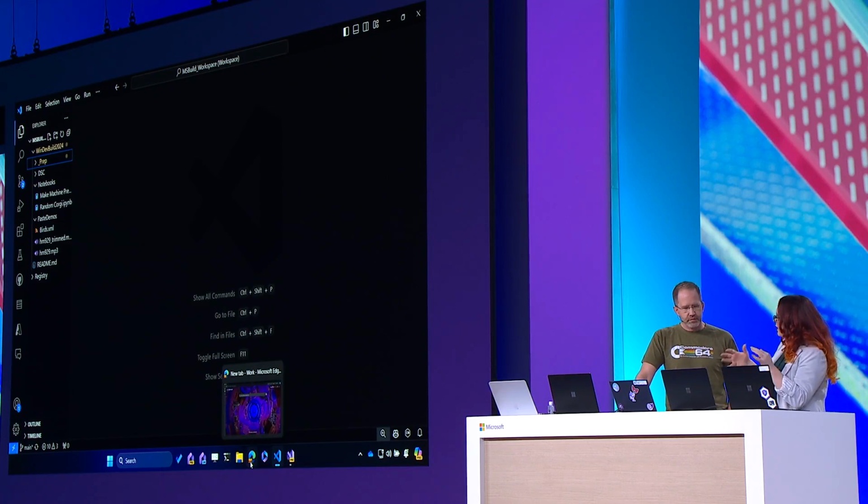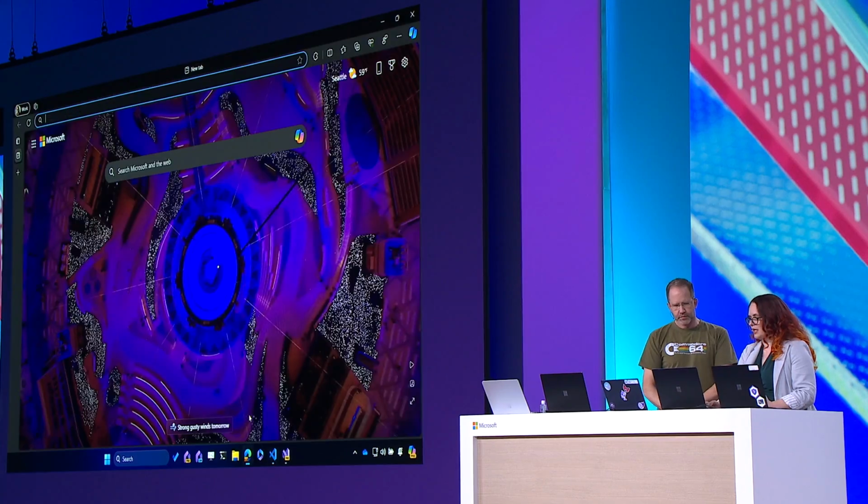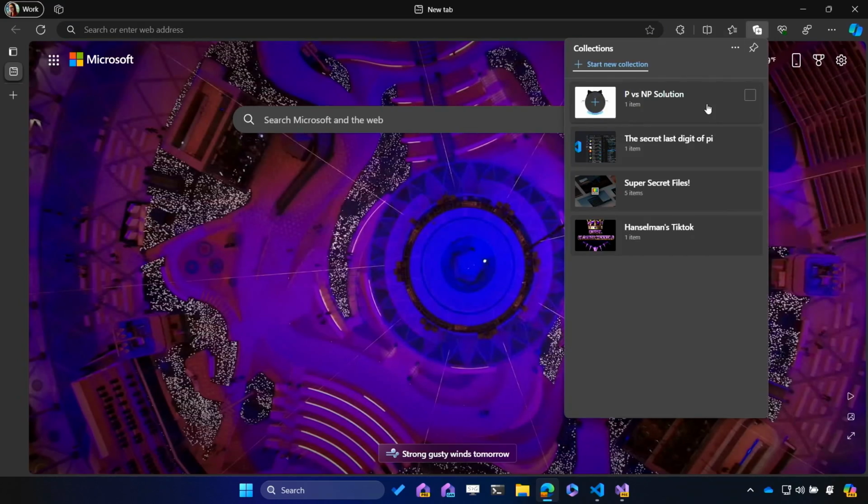Right. And so what I thought I'd show you, just to begin with, is what I do to get my machine ready for demos. Because I have embarrassing stuff. What I used to do is make a local Windows profile and do all my demos from that. But now we have Azure and single sign-on, so it's much more convenient to use my actual corporate login. But I have all this embarrassing stuff. If I go into Edge collections, I've got these secret ones, like the P versus NP solution, and all these things that I can't let other people know about.